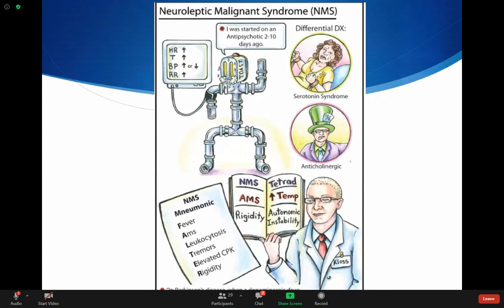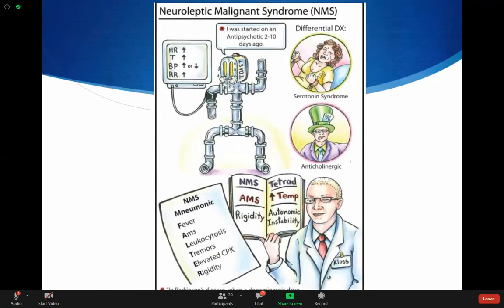If you are taking antipsychotics, you're more likely to get NMS, but you're not going to get NMS if you're taking an antidepressant. There's no way. You have to be taking something that blocks the dopamine receptors. And clinically, when you see them, you see it like a metal pipe. The patient is in the bed, they're rigid, they're not moving at all. While if you look at the serotonin,